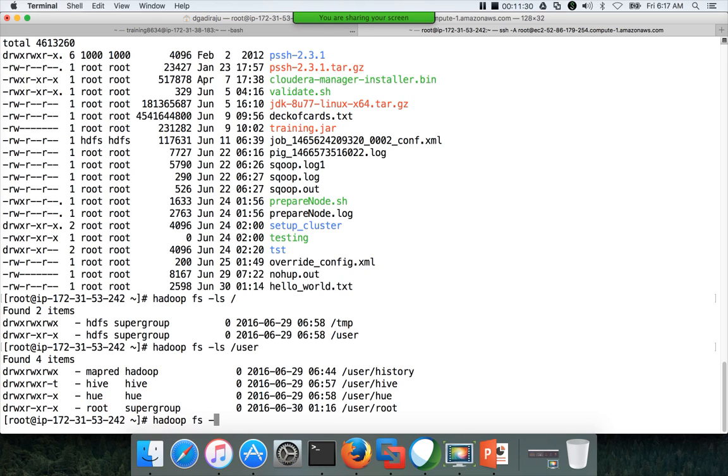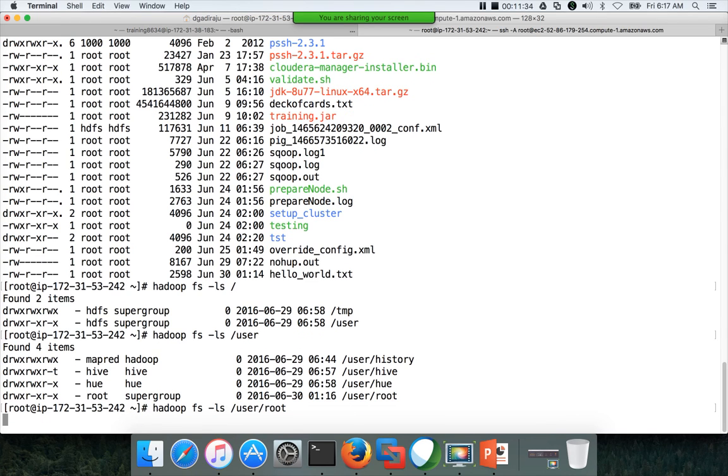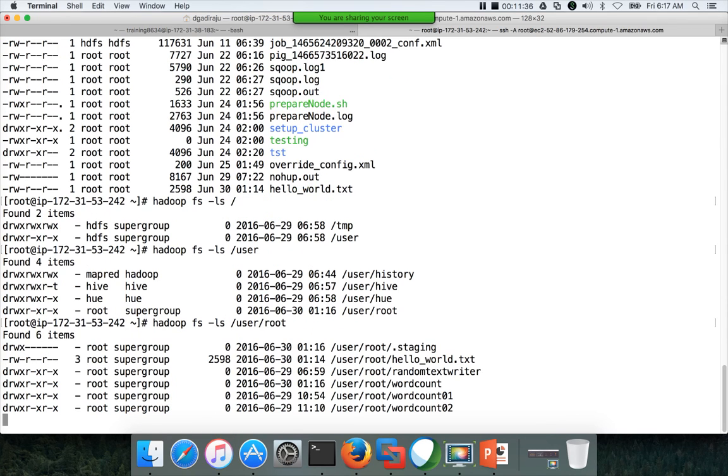Then you can run hadoop fs -ls /user/root to see what is there in that location. I have all these files created in this location. If the user space is not there, then you have to run the command hadoop fs -mkdir /user/root as a super user of HDFS, and that super user is HDFS itself. There is an OS user called HDFS.